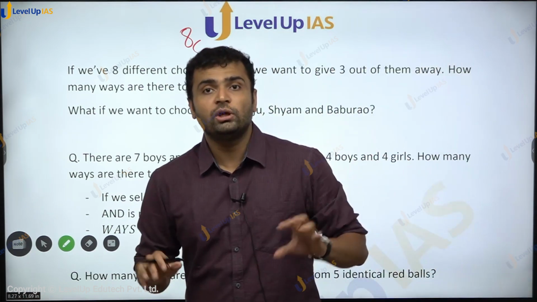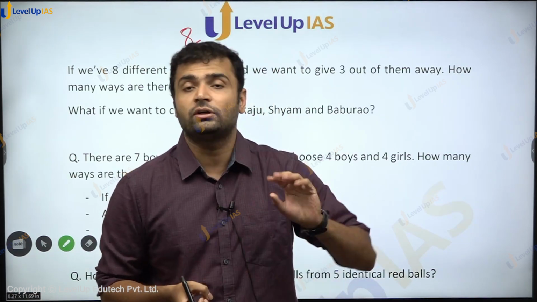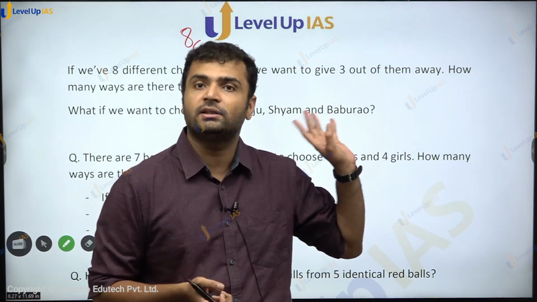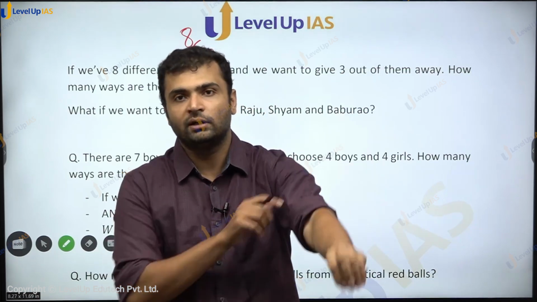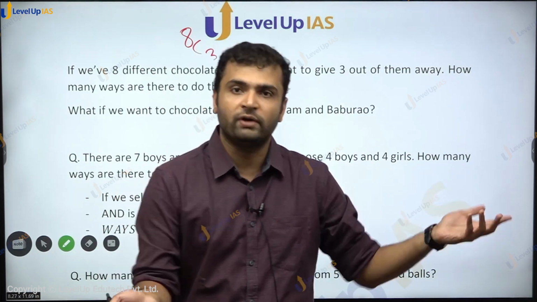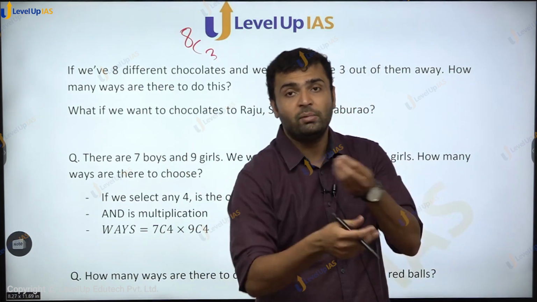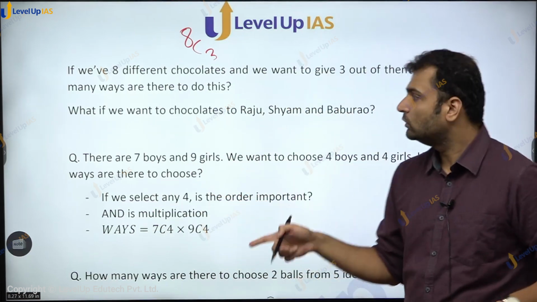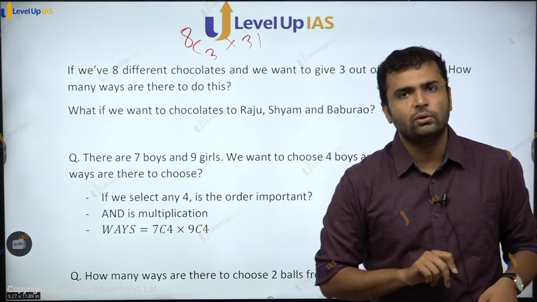If we have to give these 3 chocolates to Raju, Shyam and Babu Rao, now it matters कि कौन सा चॉकलेट किसको दे रहे हो। अब ऑर्डर डिफाइन हो गया, क्योंकि 3 अलग अलग लोग उसने डिफाइन कर दिए क्वेश्चन में, तो ऑर्डर आ गया कि राजू को मैं पर्क दूं या फिर मंच दूं या फिर कोई 5 स्टार दे दूं या फिर किसको क्या दे दूं आउट ऑफ दिस 8। सो दैट मैटर्स नाउ कि किसको क्या चॉकलेट मिलता है, बिकॉज दिस पीपल डिफाइन द ऑर्डर। तो क्या होगा वो होगा 8P3, या फिर इसे 3 फैक्टोरियल से मल्टीप्लाई करोगे।